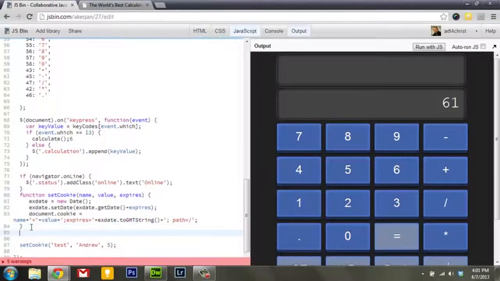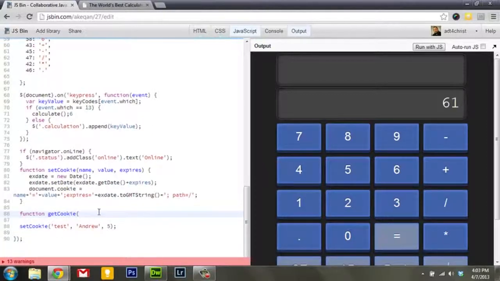And we can also create a function called getCookie, because that can be kind of convoluted to retrieve the information as well. So let's say getCookie, and all I've got to do here is say here's a name of a cookie I want, and I want you to retrieve the information on that. So this can be a little more complicated, but we're going to create a variable called cStart, and this is where we're looking for that particular name. So we're going to do that by saying equals